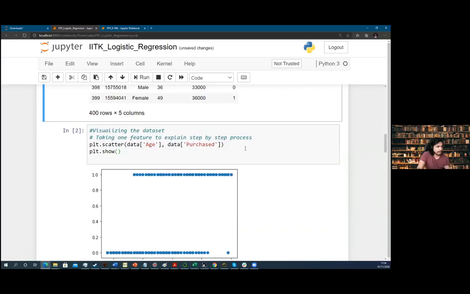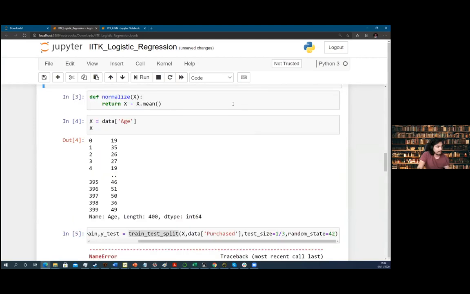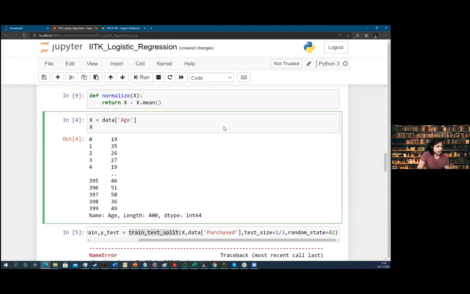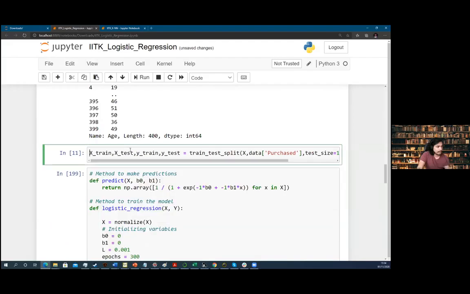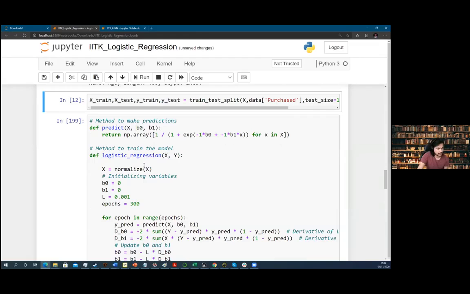Then you have this scatter plot, we normalize the data, and then we do the splitting. So we have now x train, x test, y train, and y test.